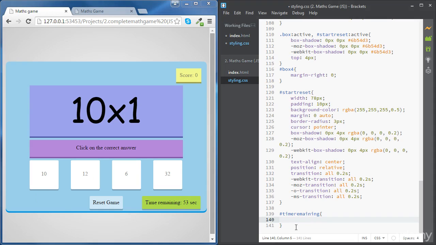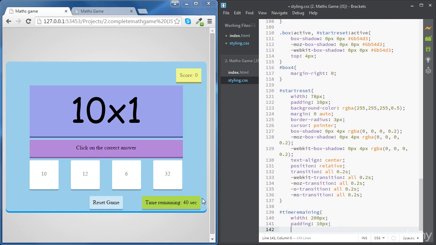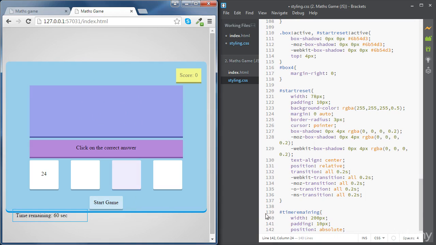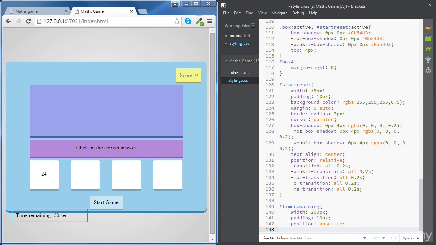So first of all, let's give it a width of 200 pixels and a padding of about 10 pixels. And let's position this inside our container. So we're going to give it a position attribute absolute. And then we are going to give it a top property of